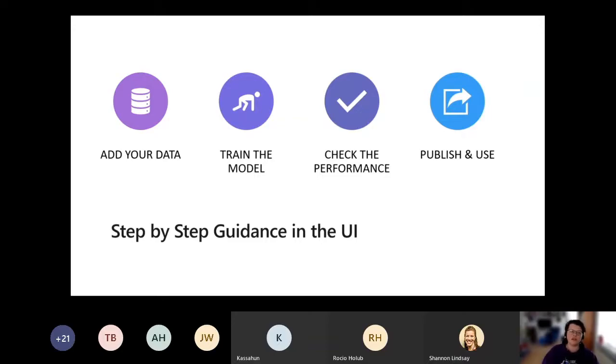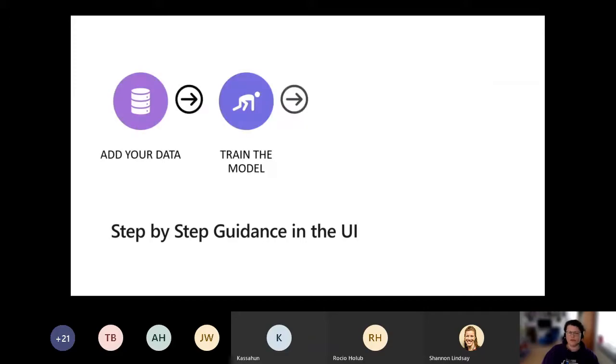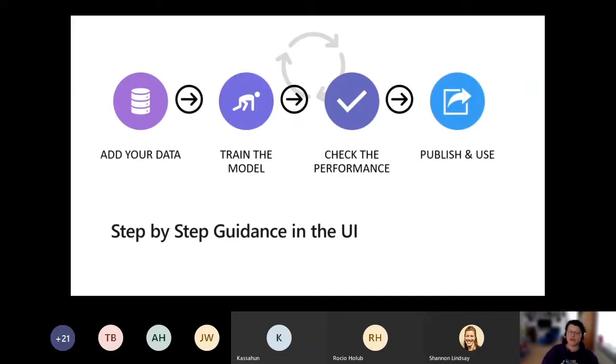So for a custom model, you add your own data, then you train the model, and basically training the model is clicking on the train button. You check the outcome to see if you like the performance of your model. Redo that until you are happy, and then publish and use your model.